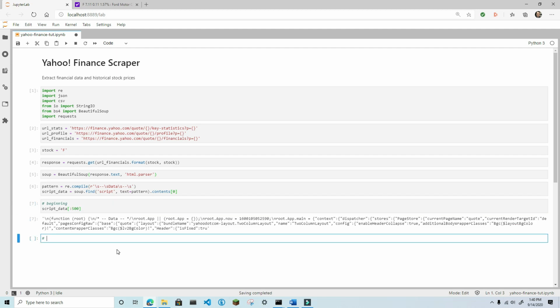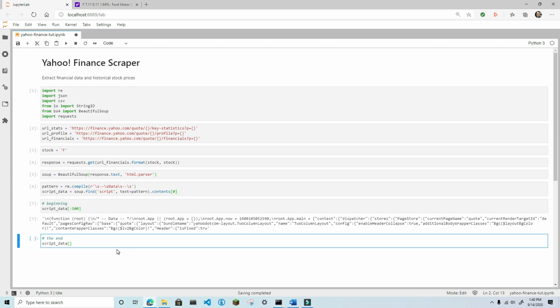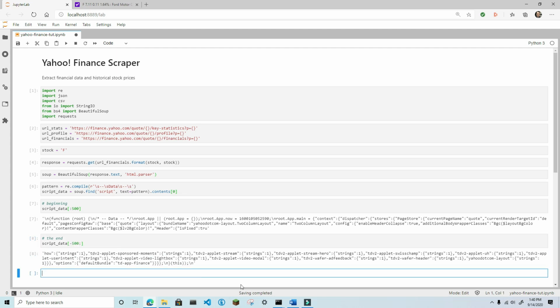The problem now is that we have this JavaScript code wrapping the data that we actually want. But this is easy enough to fix. What we need to do is find the boundaries of this slice. So at the front end, we're going to use the word context, and then on the back end, we can